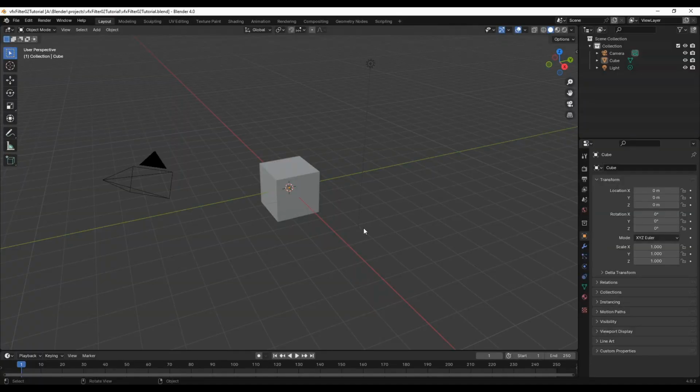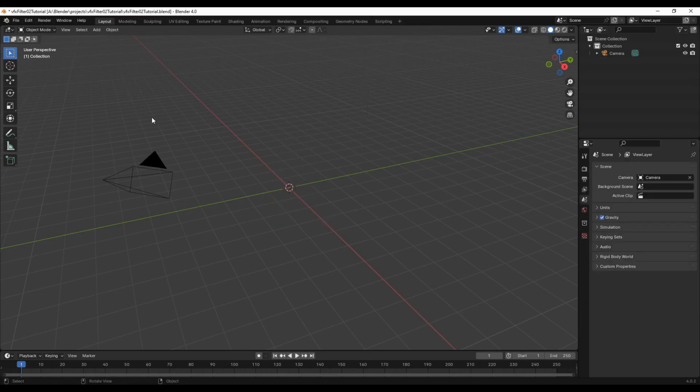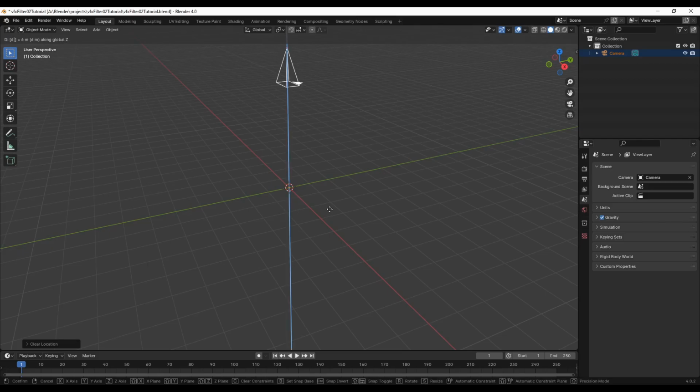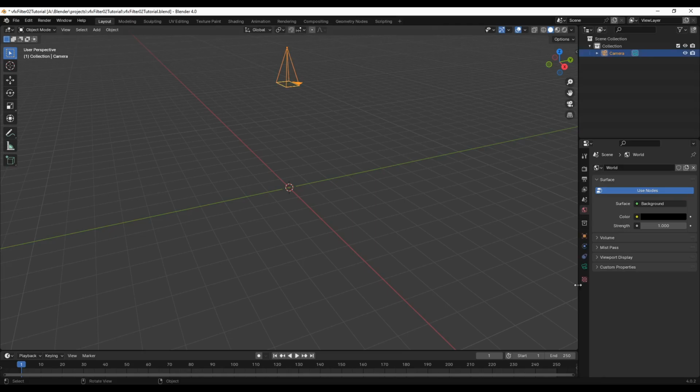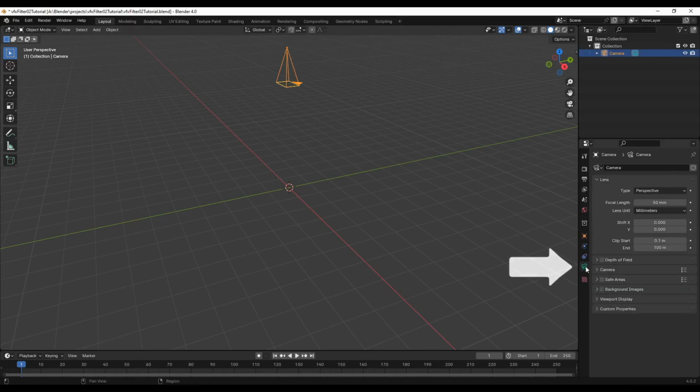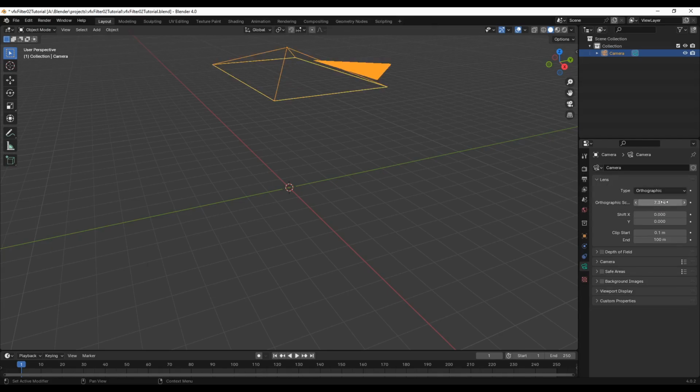Alright, let's get started. So first you've got to set up your scene. We're going to delete this light, delete the default cube, select the camera, hit Alt-R, Alt-G, G Z 6. Place the camera up above a little bit, head over to the World Properties tab, change the color all the way down. Select the camera, go to the Camera Data tab, change the type from Perspective to Orthographic, set